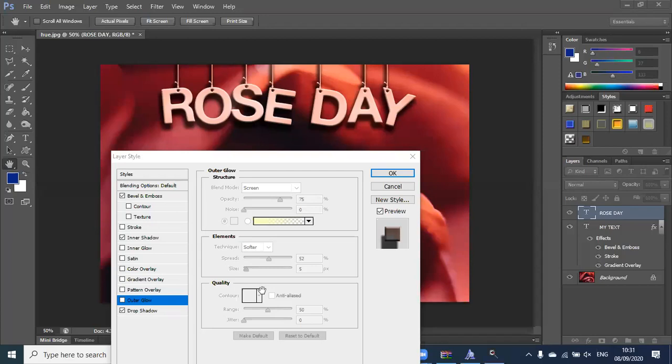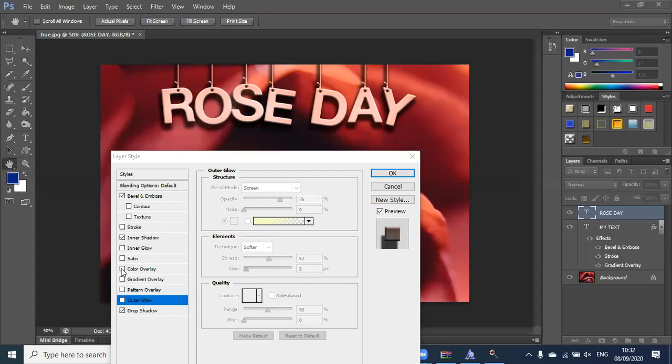Yeah, really sorry for that. I think there was an audio glitch from my side. So I was saying that don't do shadow and glow together. It will either be a shadow or a glow, not both. Since in my case I've already put up a shadow, I'm not putting a glow again. But I showed you how it would look if I was putting a glow. So that's what the outer glow effect does.